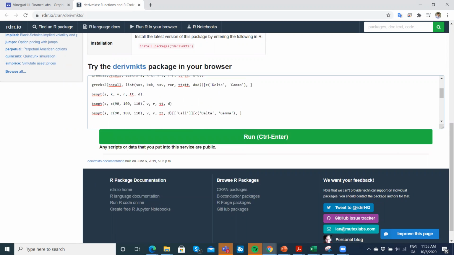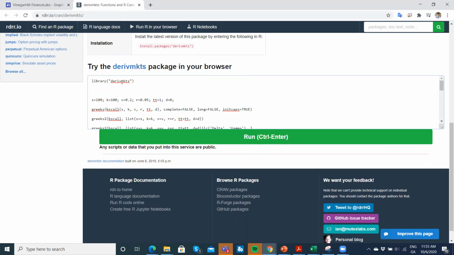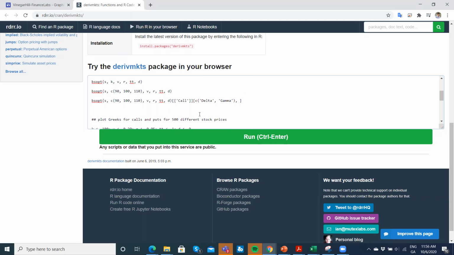So basically, we have the library, we have these parameters that we've been using all the way through. The asset price is 100, K is the exercise 100, the volatility 20%, R is 5%. The maturity here is given as 1 year, no dividend yield. And if we run this, we get some outputs, but the one we're interested in is the